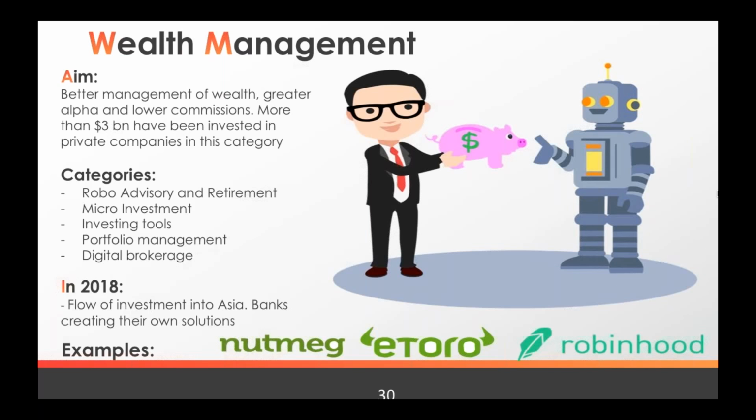So one of the biggest categories is robo-advisory, which is how can we use a system to advise us on where to put our money, where to put our pension, how to pay less tax. Obviously, you can pay for a professional to do this, but can a system help us? And the answer has been yes, a system can help us, and it can also help advisors. So the trend that we're seeing is that the optimum solution is not to just have a robo-advisor, but to have a hybrid between robo-advisory and face-to-face advisory.